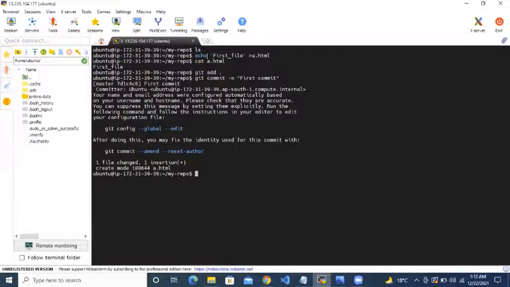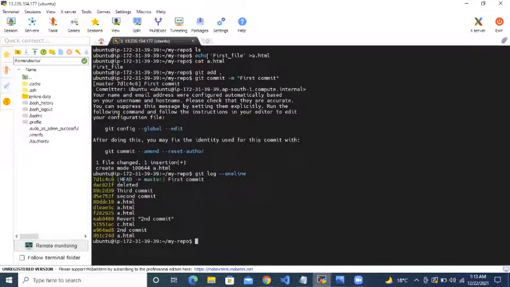So now I have added it in local. If I do git log --oneline, now I am checking the logs. You can see here this is pointing to the first commit, which is nothing but this a.html.